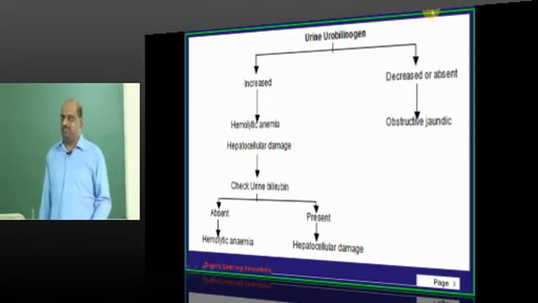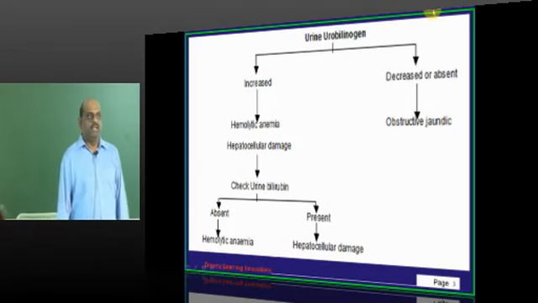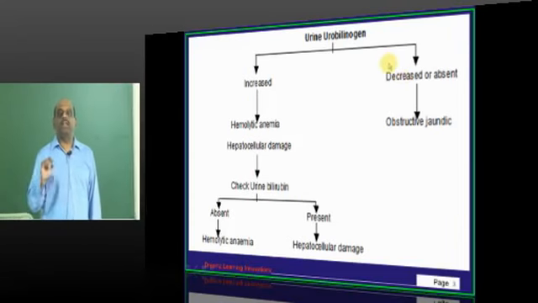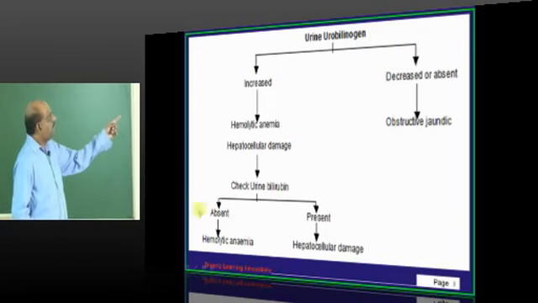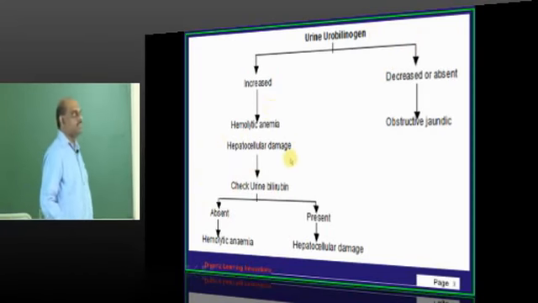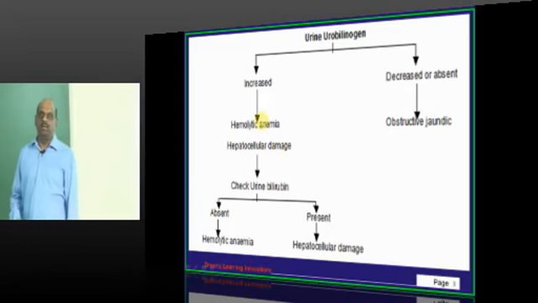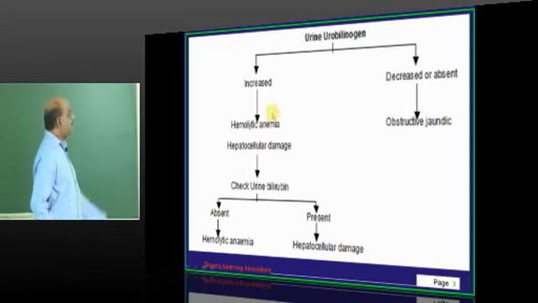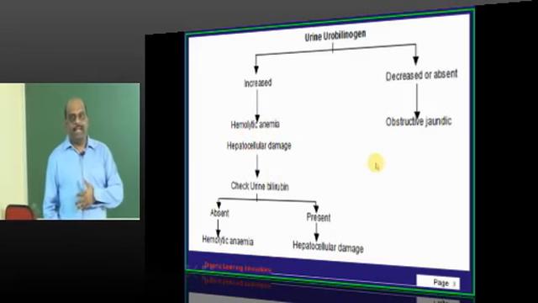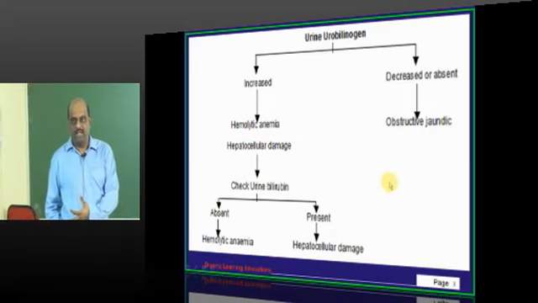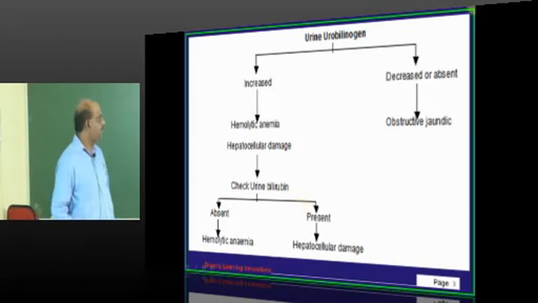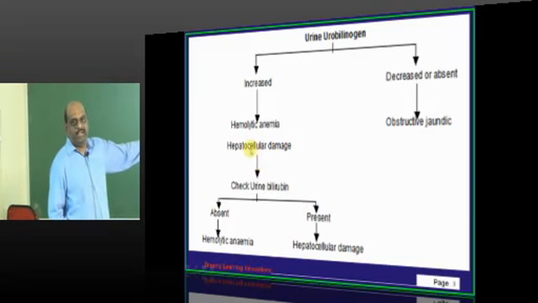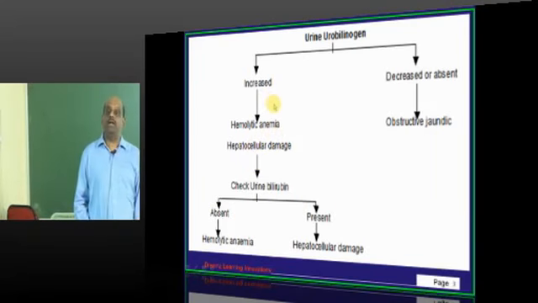To differentiate what type of jaundice it is, a simple clinical examination is urine examination. So what is the starting point in the urine examination? Urine urobilinogen. Suppose it is increased, urine urobilinogen. What does it mean? Probably there is either a hepatocellular injury, hepatitis, or there may be hemolysis, either of the two, and that is causing a lot of unconjugated bilirubin